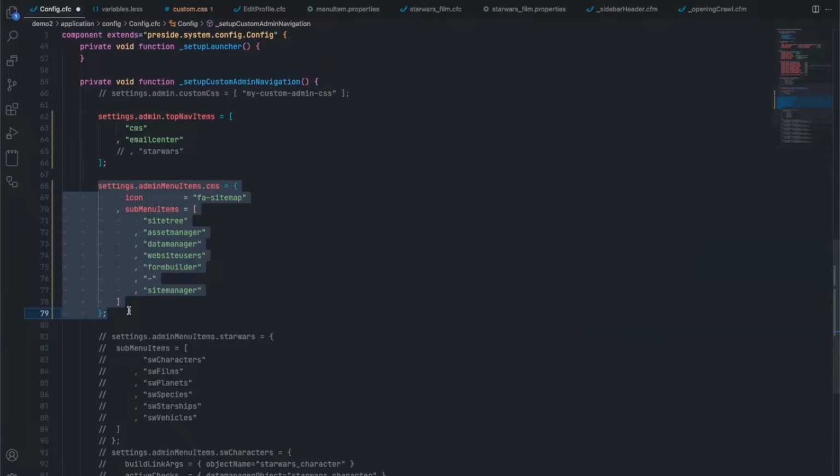It used to be a whole bunch of included viewlets for each one, but now it's a data structure which drives the menus and makes it much easier to maintain. The documentation is all there in Preside. So just with these lines of code,